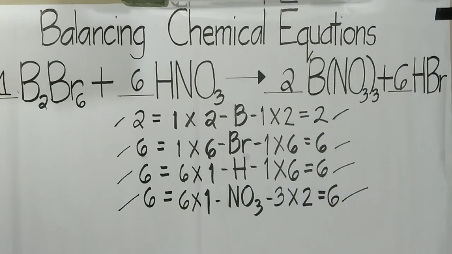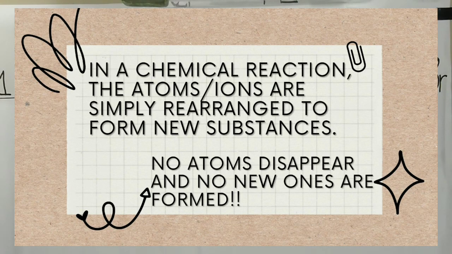and 6 hydrogen bromide. So you must not forget that in a chemical reaction, the atoms or ions are simply rearranged to form new substances. No atoms disappear and no new ones are